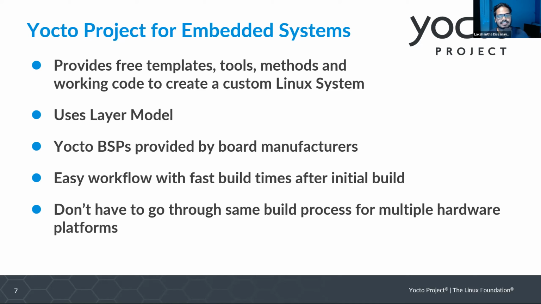It is a collection of information that defines how to support a particular hardware device, such as kernel configuration and additional hardware drivers. When using Yocto, once you build a system and want to build again with a different configuration and added features, you don't have to go through the build process all over again. Instead, Yocto will reuse already built resources to make the build process much faster on consecutive builds. The same applies if you want to build for multiple hardware platforms.